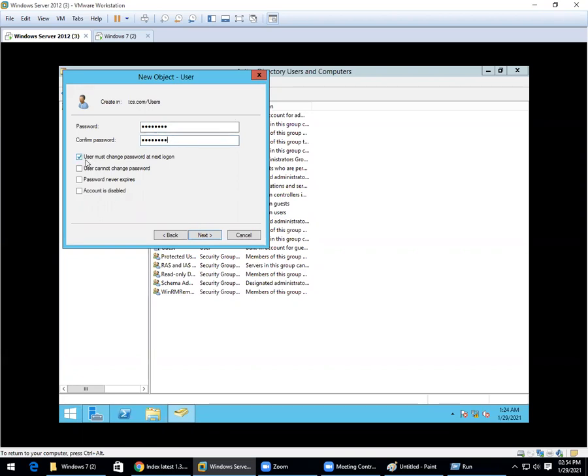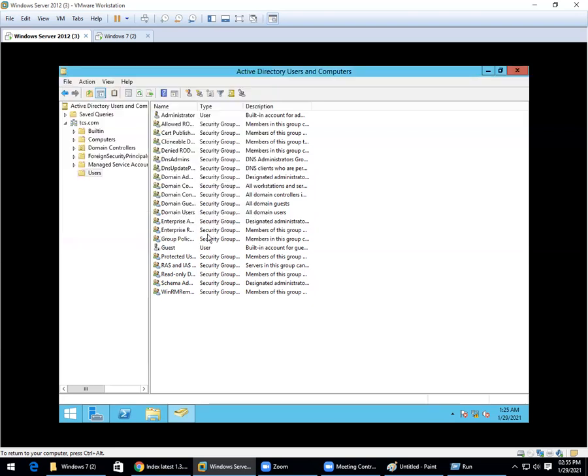When this option is there, it will ask the user, the next time, to change his password. Like, for example, how sometimes you enter into any of your accounts, it will ask you to give your own password. So at the time of creating an account, this can also ask you like that. If you don't want that user to change the password, whatever password you have given, he should use the same, then tick this option. Then tick Password never expires. Click Next and finally Finish.